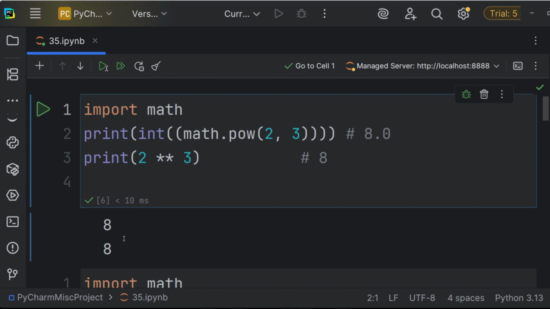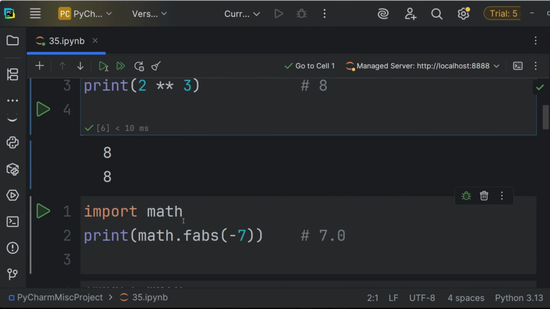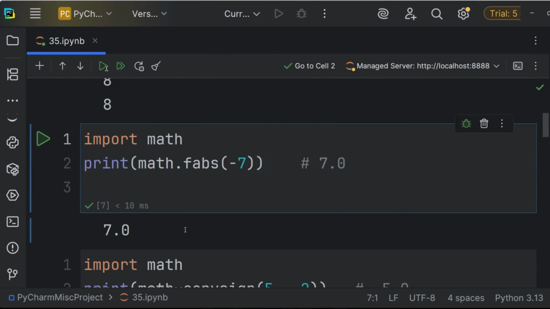What if you need absolute values of a number? That is where math.fabs comes in. The math.fabs always will give you the positive version or the absolute value of any number. But there's also a slight catch to this. Even though we entered -7 and not -7.0, it'll always give you a float number.